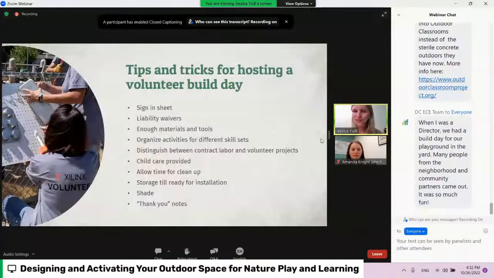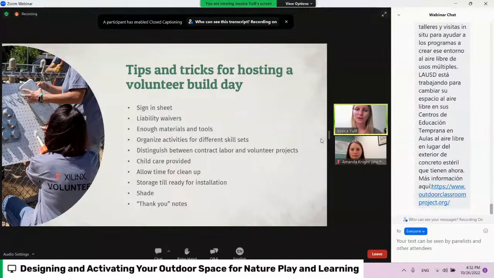Some additional tips and tricks for hosting a volunteer build day. We always recommend having a sign-in sheet with contact information. Again, that's really important for sending thank yous and creating that continued relationship with community members. You could think about having liability waivers just in case. We always recommend making sure you have enough materials and tools. So that's a part of that planning process. Thinking about all of the different settings that you'd like to make in the volunteer build day, just make sure that you have everything that you need because there's nothing worse than 2 or 3 people needing shovels and